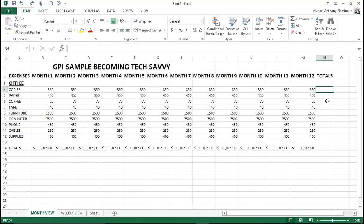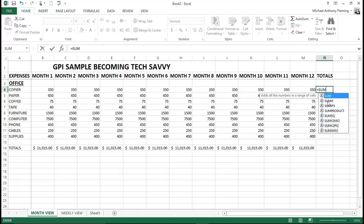But instead, I'm going to put the formula in. I'm typing equal sum in right now. So I typed in the equal sign. The moment you type an equal sign into an Excel cell, it tells Excel that you're about to put some type of formula together. That's one of the features. It can actually do a lot. So then if you say equal sum, I'm putting in parentheses, and then now I select every